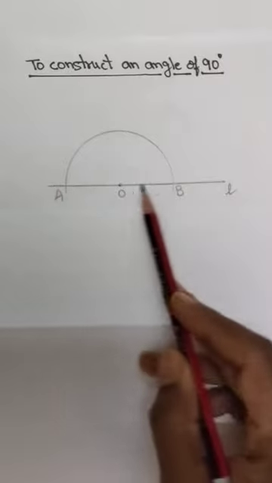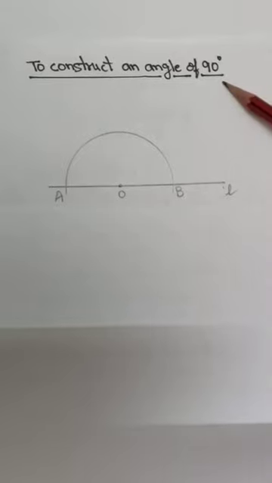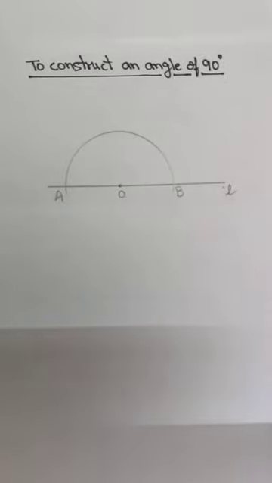See, this is the straight line. And what is the angle of a straight line? 180 degree. And what is 90 degree? 90 degree is half of 180 degree. That means now we will make the angle bisector of this. This is 180 degree and now we will make the bisector of this angle. How will we make it? With O as a center, this we have done.